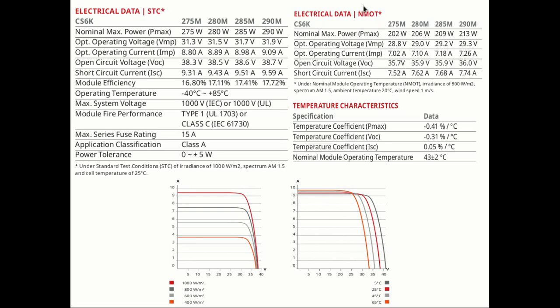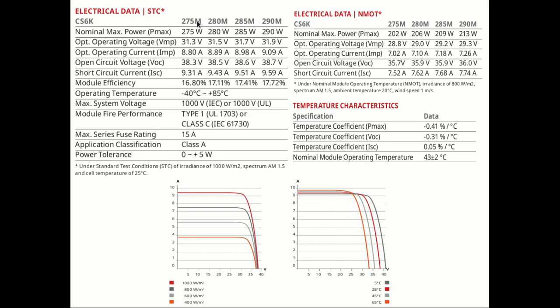The next are the data at nominal module operating temperature. Like I said, it could be nominal operating cell temperature or it could be nominal module operating temperature. In this case, it's NMOT. And the last are the temperature characteristics. So I'll just go through them. At STC,